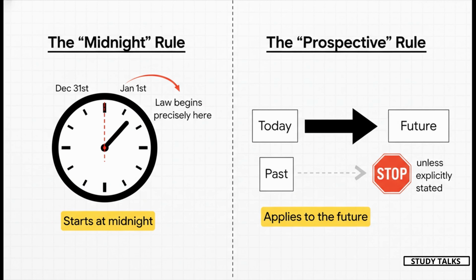Two final, absolutely crucial points on this. First, the law does not care about fractions of a day. If an act comes into force on January 1st, it begins the second the clock strikes midnight. It applies to the entire 24 hours of that day. Second, and this is a fundamental principle of law, acts are always presumed to be prospective. They apply to the future. To make a law apply to the past, to make it retrospective, it has to be explicitly spelled out in the act itself. This is a very, very important presumption.